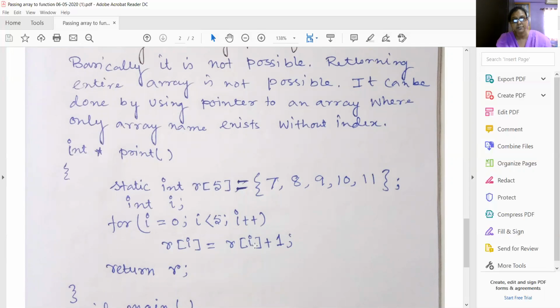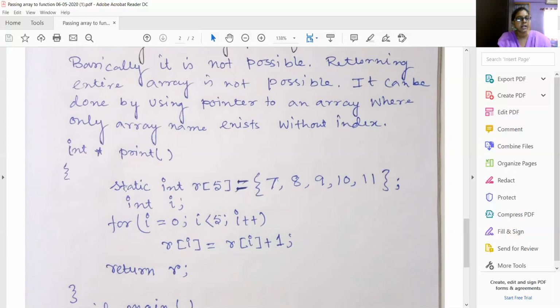So an integer's address will be stored in an integer type of pointer variable. If this array is float, then it will be float asterisk. Simple.